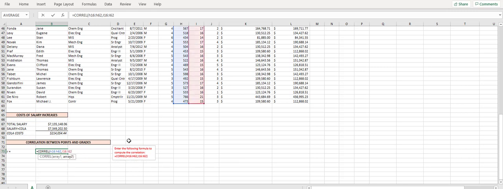But this is a good kind of quality control check to do when you are doing job evaluation. And you can see that, yes, we have a very strong correlation approaching 1, and that tells us that our grades and our job evaluation points are in sync with one